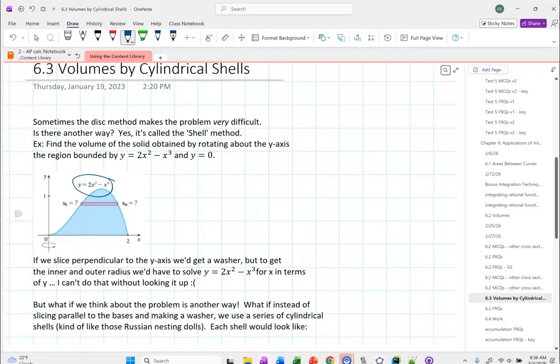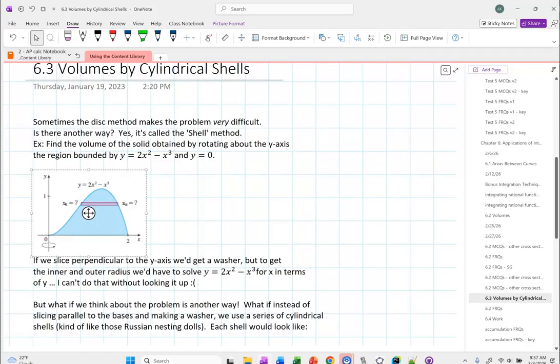Is everybody okay? So really the problem, while it's a hassle, the fact that the inner and outer radius lie on the same curve, the bigger problem is trying to solve this polynomial for x. That's the real sticking point that makes this problem kind of impossible for us to do. So what we're going to do is cook up a better method, a better method to deal with something like this where